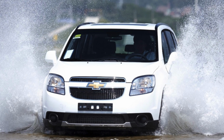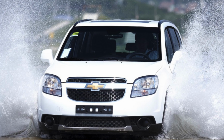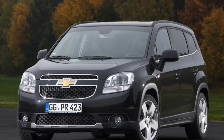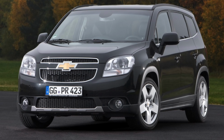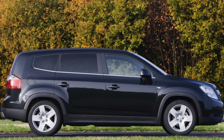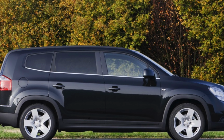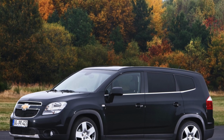The 1.8 liter petrol engine will return 38.7 mpg, and thanks to poor power output, it's best avoided. A low price means the Orlando looks like great value. However, the base spec diesel is around £4,000 less than the equivalent C-Max. Plus, you'll get the Chevrolet's fixed price servicing and 100,000 mile or 5-year warranty, no matter which version you choose